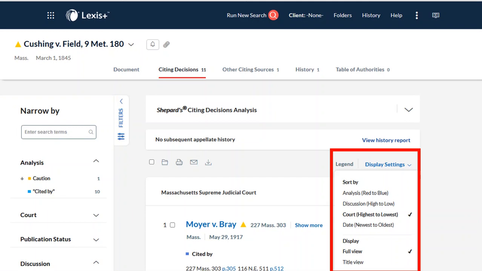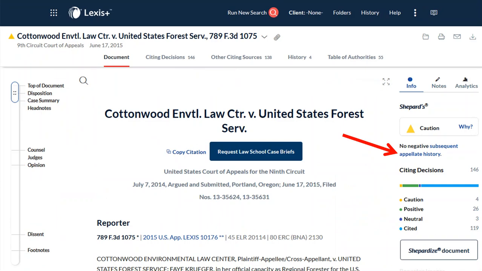If there were cases that provided negative analysis, we would need to read those cases to see if that treatment would prevent our use of this case as valid precedent. There's also a Shepard's section on appellate history. Because the 1845 case we started with doesn't have any appellate history, let's switch to a different case. This is a 2015 case from the Ninth Circuit, Cottonwood Environmental Center versus United States Forest Service,